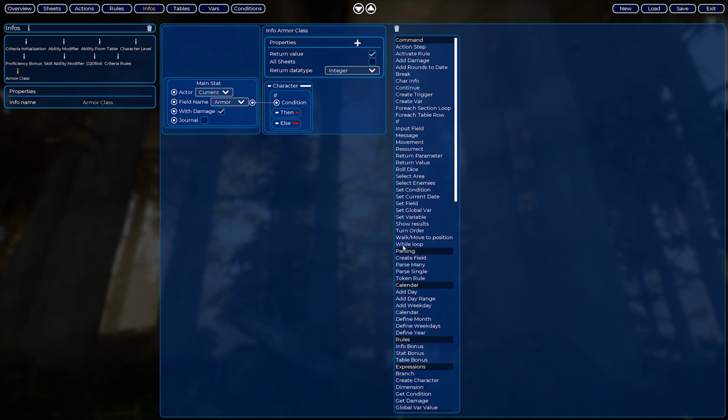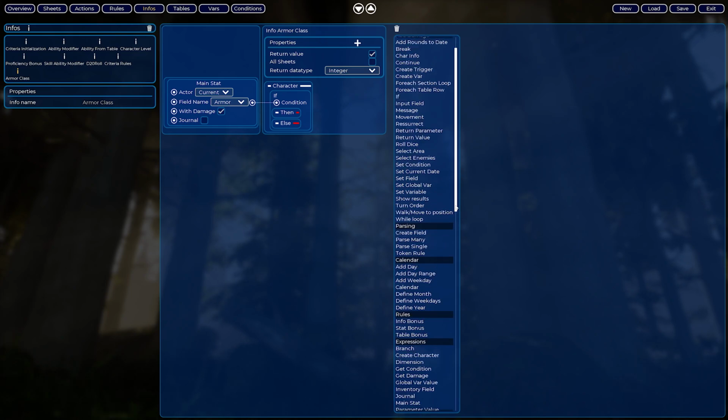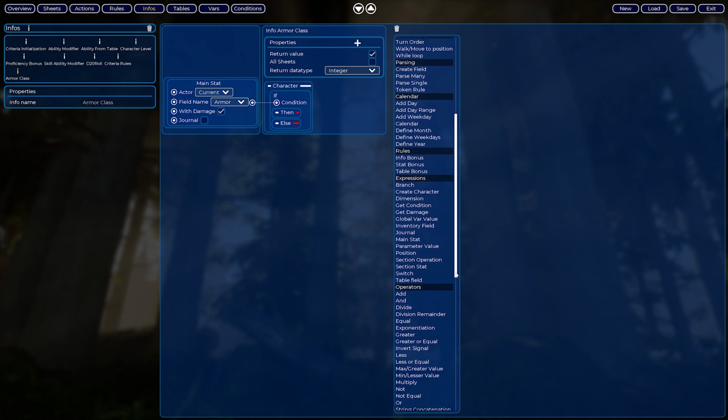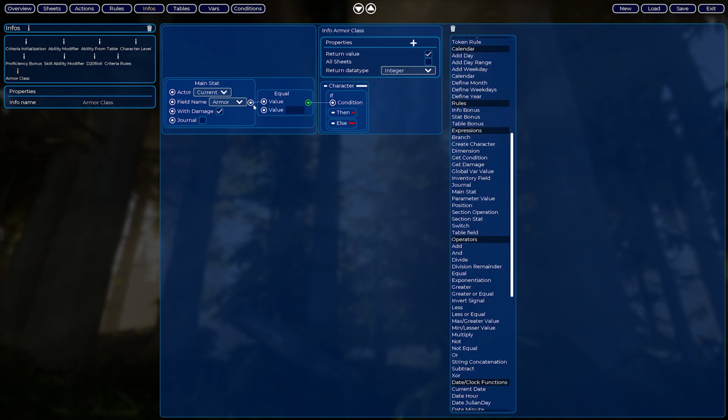Although main stat armor is not text, in this case we can compare this specifically with none. You can put here equal none. This will return true if the inventory points nowhere. If he is not wearing any armor, I'll have to return a value